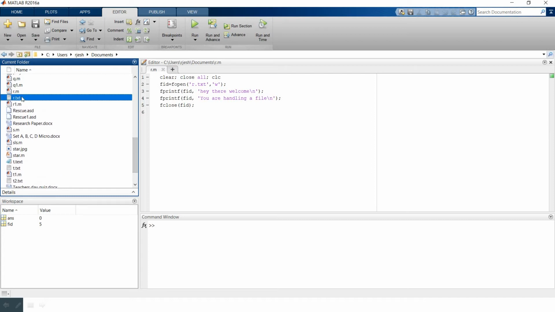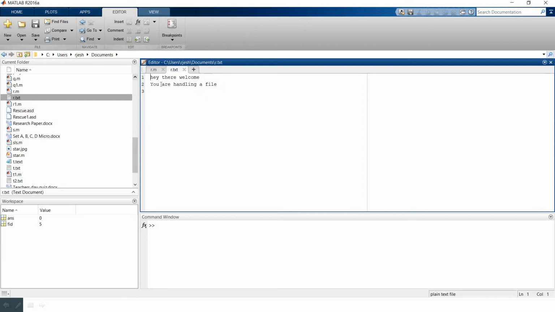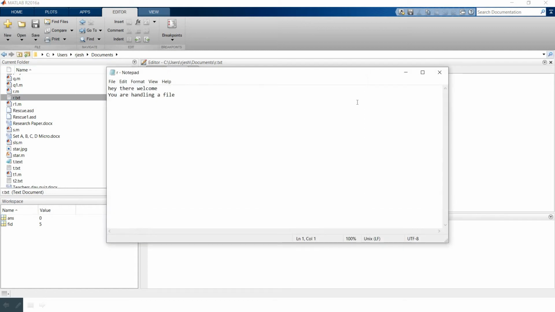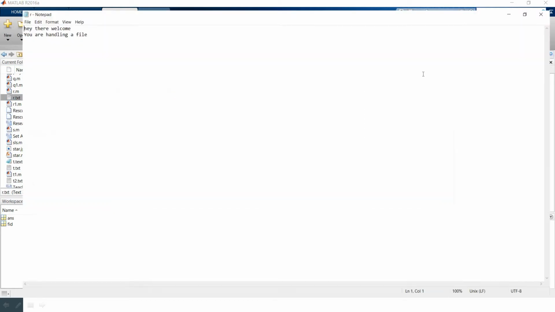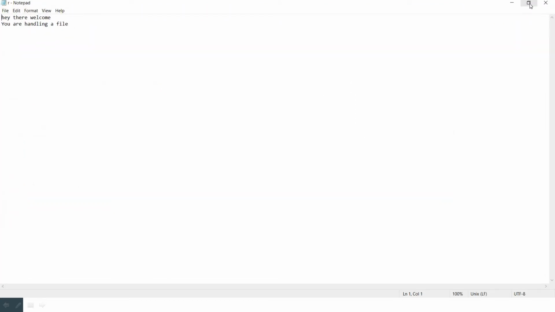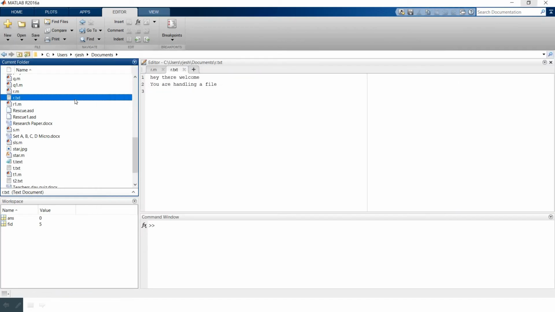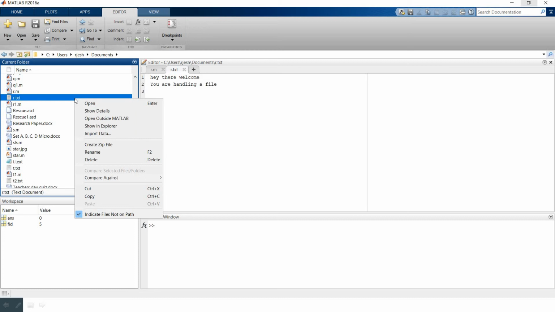Let's open it. This is the r.txt. So you are getting these two lines: hey there, welcome, and you are handling a file. You can open this outside MATLAB. In Notepad you can see both these lines, or you can also show it in Explorer.